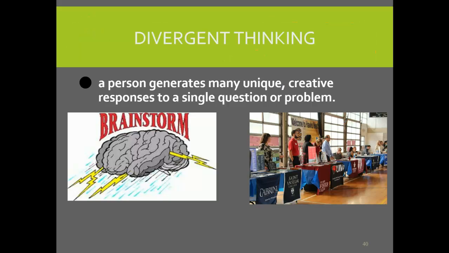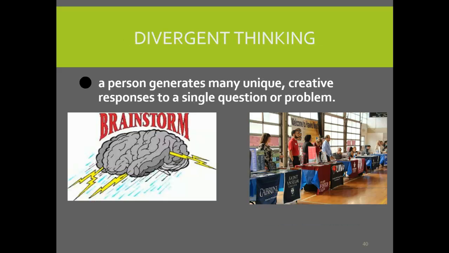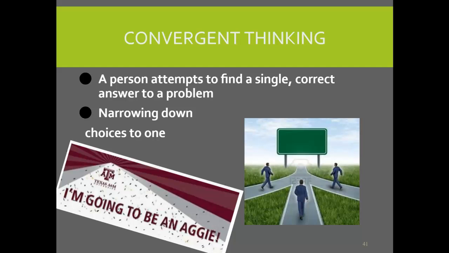Convergent and divergent thinking are both elements of creativity. With divergent thinking, that's where we're generating many unique, creative, possible ideas, but we are brainstorming. Convergent thinking, I didn't go over the example. If you're at the stage where you're considering all your possible college options, you're at the divergent thinking stage. But eventually you're going to want to use convergent thinking, and that's where you're narrowing down all the possibilities to pick a single or correct option. So once you finally narrow it down and you decide where you're going to actually go, that's convergent thinking.